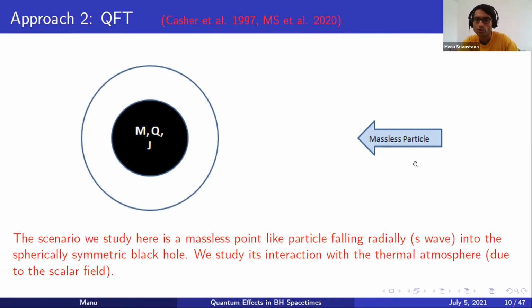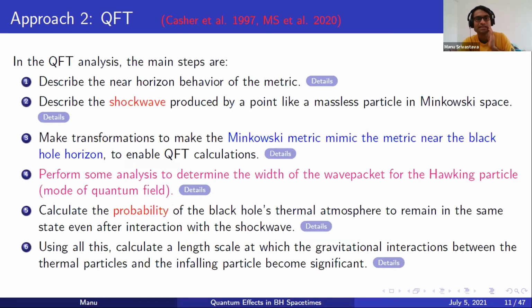The motivation behind introducing this massless particle is that when it is going towards the horizon, at some point close to the black hole, it will start interacting with these Hawking particles. In the region where the interaction between the Hawking particles and this massless particle is strong, we can say that this massless particle is seeing something more than the black hole. So in that region, the effects of this quantum scalar field are becoming significant. Whereas in the region where the interaction is weak, we can conclude trivially that the effects of the quantum fields are negligible. So using this motivation, I'll describe the key steps.